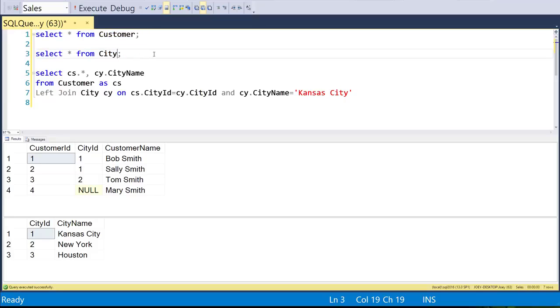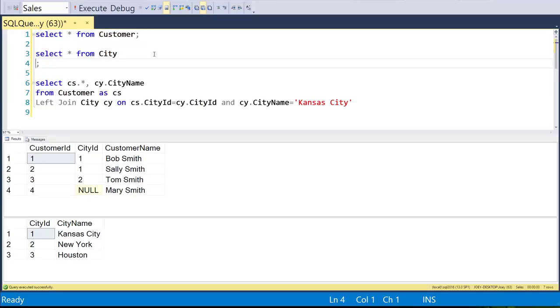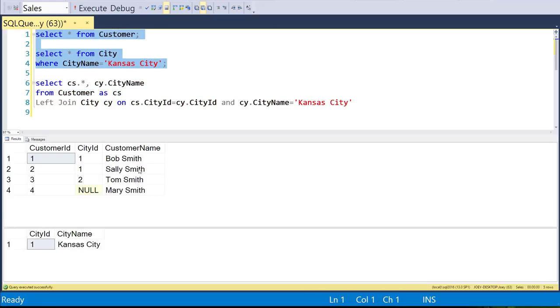So this came up here to the city, and it's basically like we said, where city name equals Kansas City. So the city table got filtered. So now this is what we're looking at. So if we look at this and do a left join, you can see that with a left join, we're going to get all 4 rows,